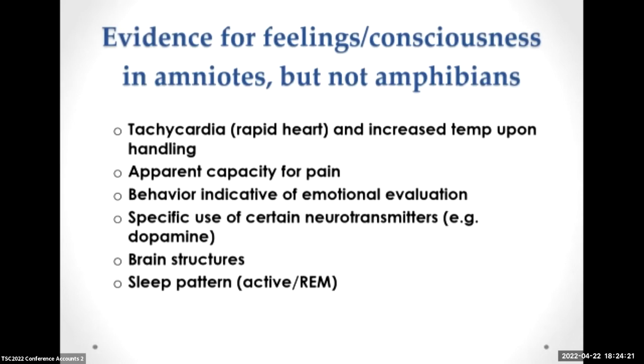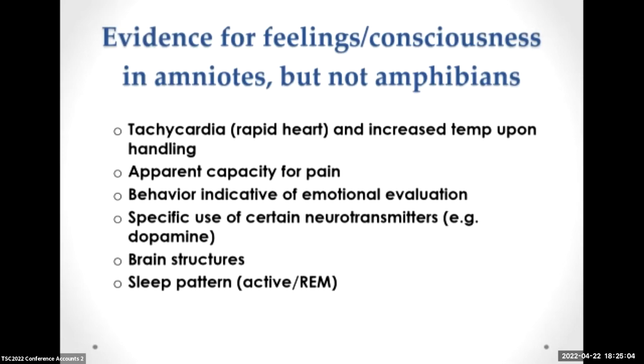I mean, any animal will look like it feels pain because it has aversion reactions, but there's science that the amniotes actually can feel the pain. And they have behavior indicative of emotional evaluation. We can also see in their use of specific neurotransmitters, and the structures in the brain that are engaged with these neurotransmitters, that they are similar to what we do when we experience feelings. We see the same patterns in these animals, and we see the brain structures that are involved in human feelings in these animals.